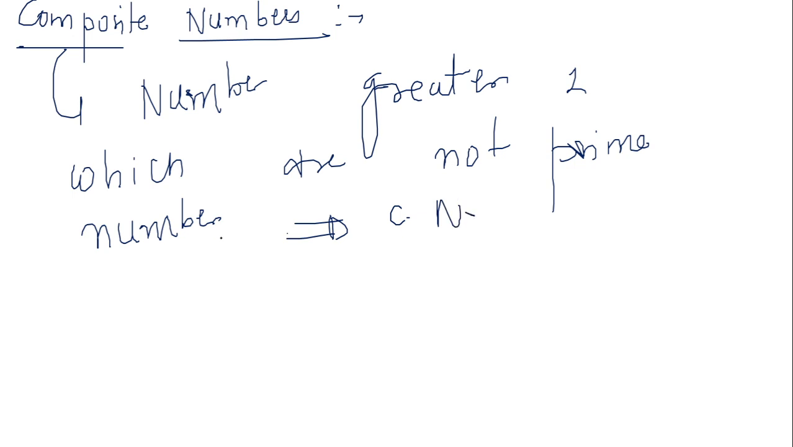For example, 4, 6, 8, 9, 10, 12, all these are what? These are the composite numbers which have factors more than 2. First thing that you have to keep in mind is that their factors should be more than 2. Okay,